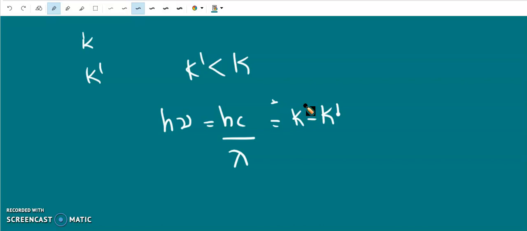The amount of energy lost by the electron is equal to the energy of the emitted photon, and the wavelength of the emitted photon can be found as hc divided by K minus K prime. In this equation, K is the only known value because K prime is different for different cases, and in some cases an electron makes more than one collision and therefore emits more than one photon.